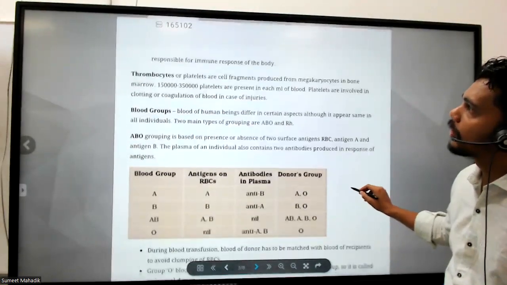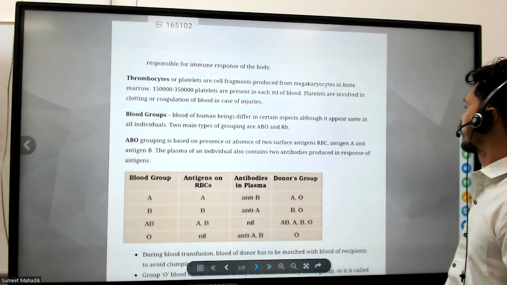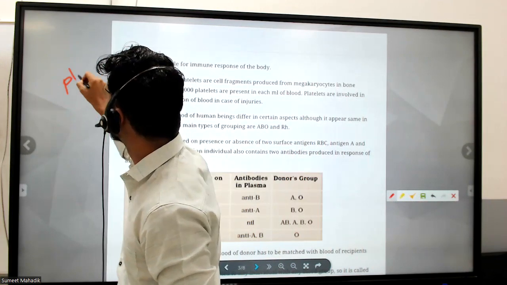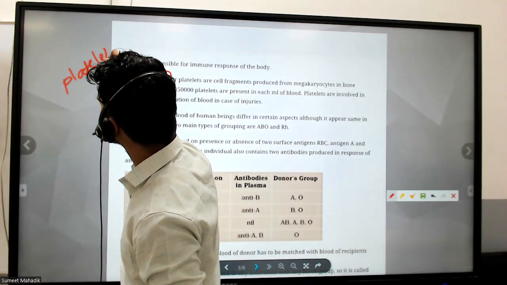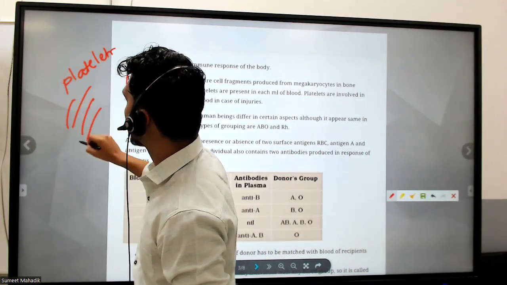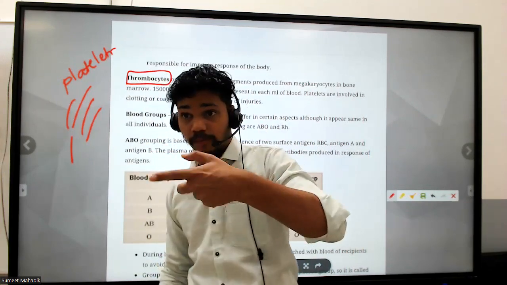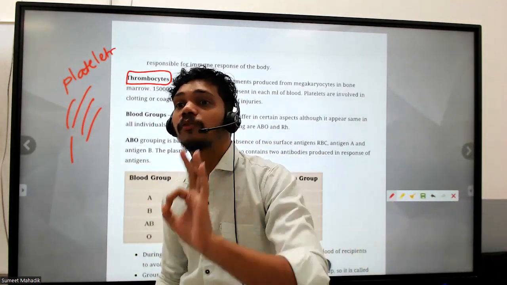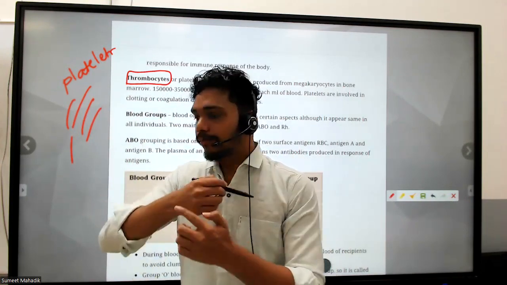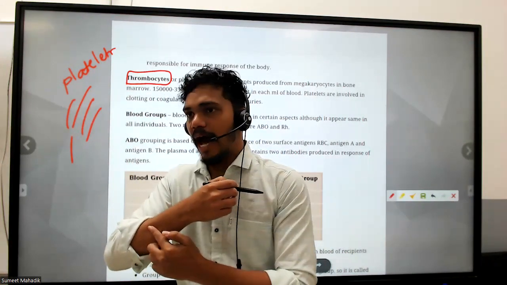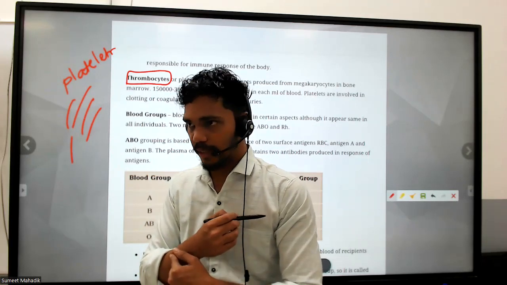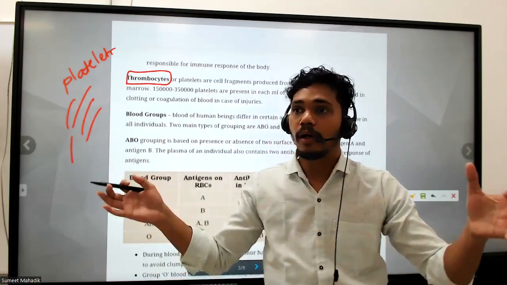Now we're talking about the thrombocytes. What are thrombocytes? Platelets. What are platelets? They are fiber-like structures. Fibrinogen from the plasma and vitamin K are responsible for the formation of a clot. Suppose I get a cut over here, after a few seconds blood will be oozing out. But after a few seconds, there will be a